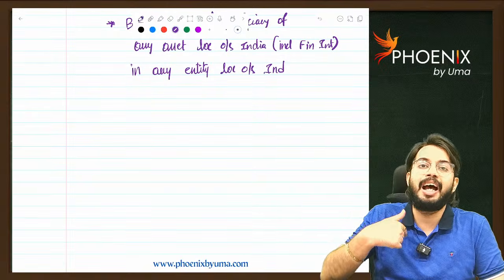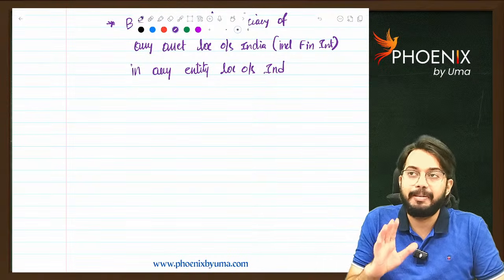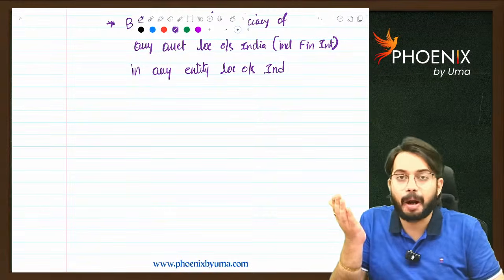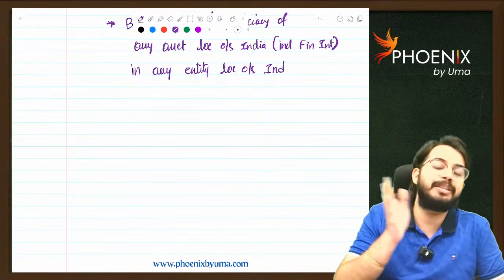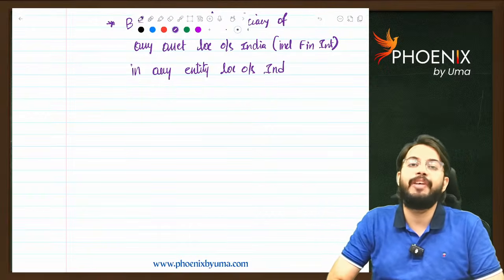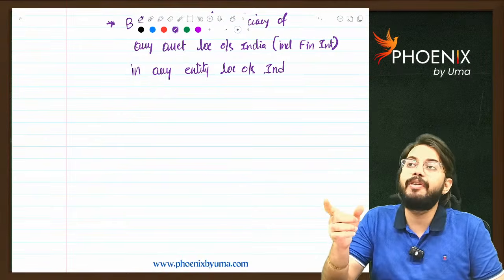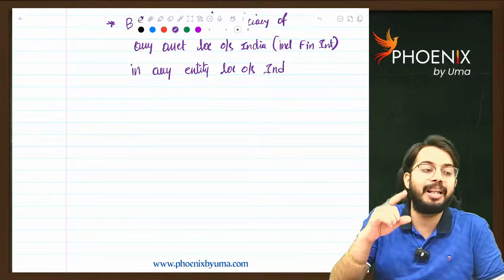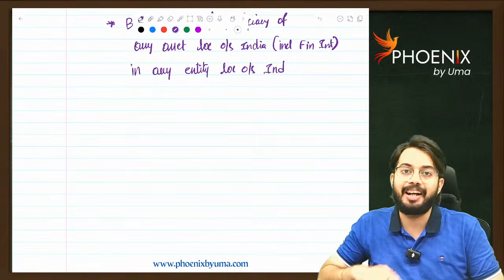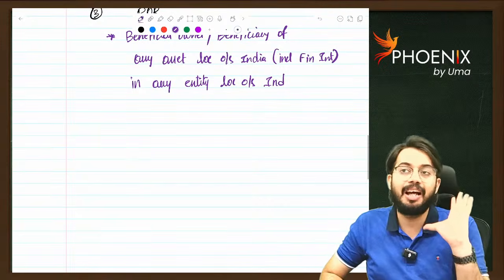It is taxable in the hands of Virat Kohli only. That means, if rental income from foreign house property is already taxable in the hands of the beneficial owner, again the beneficiary is not required to file ITR. As income from foreign house property is already taxable in the hands of Kohli, again Anushka Sharma is not required to file ITR. Are you able to understand? So that is the concept.